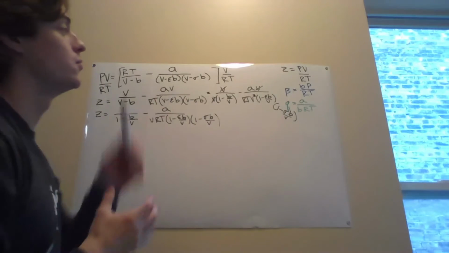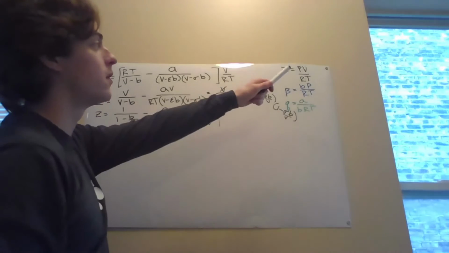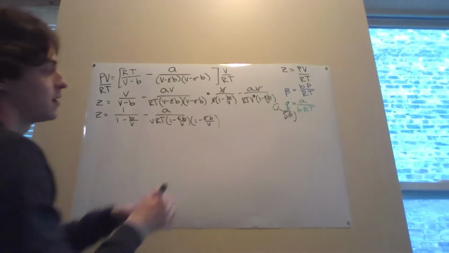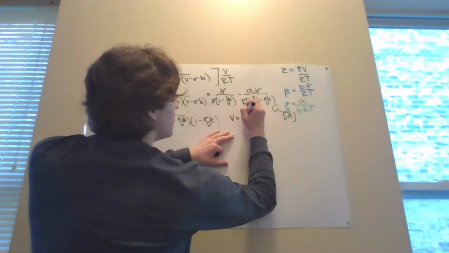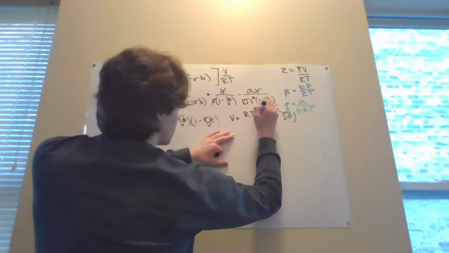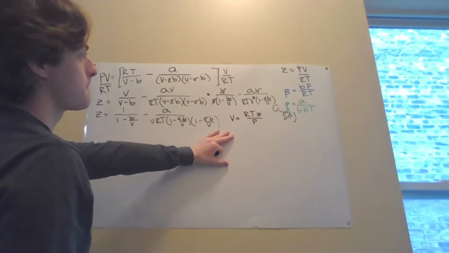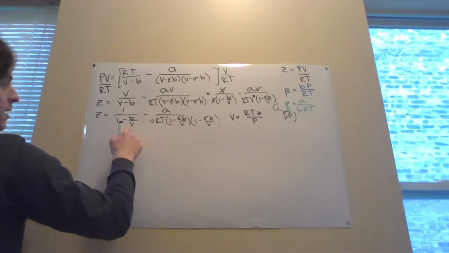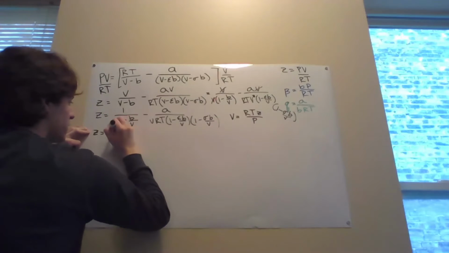So now I'm going to rearrange this equation up here and set it equal to volume, and then I'll be able to plug that value in for the volumes down here. So rearranging the equation, the volume will be equal to gas constant R times the temperature times Z over P. And so then I'll plug it in here, here, here, and here. So we'll rewrite this. Z will be 1 over 1 minus